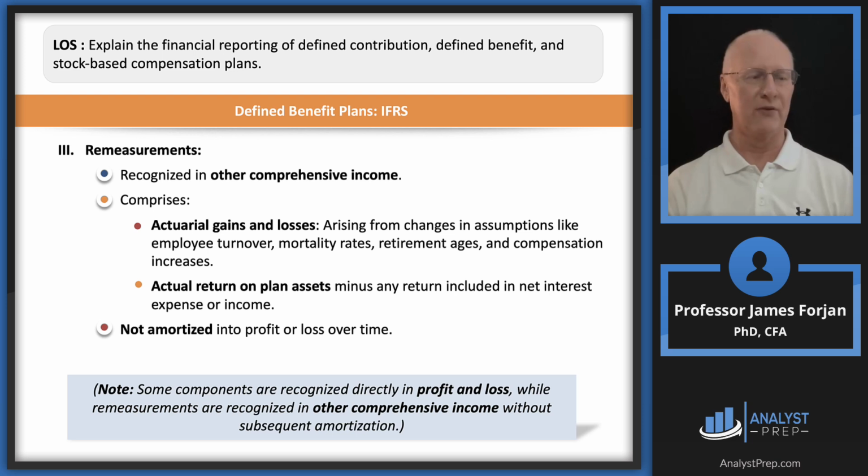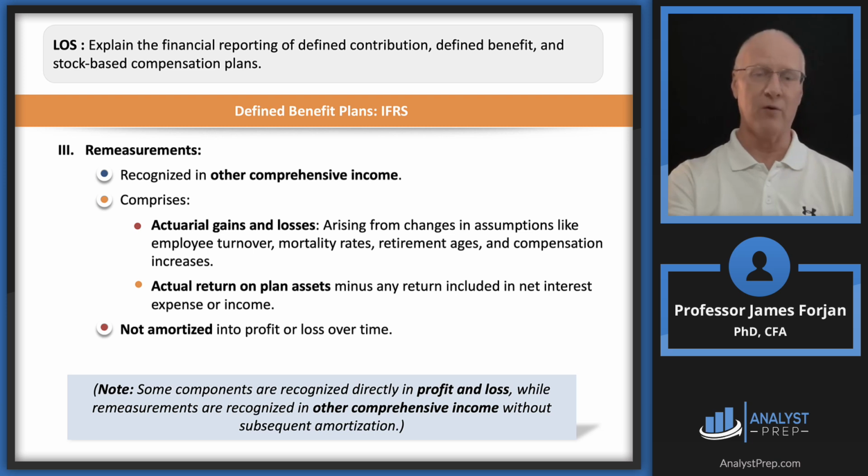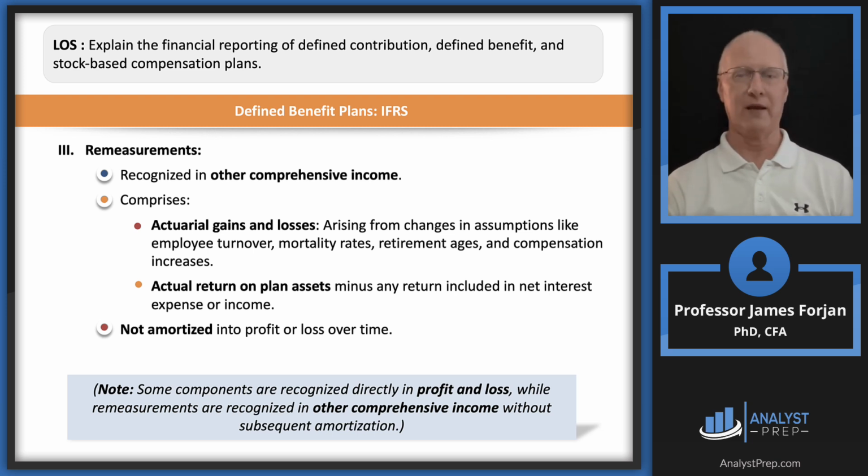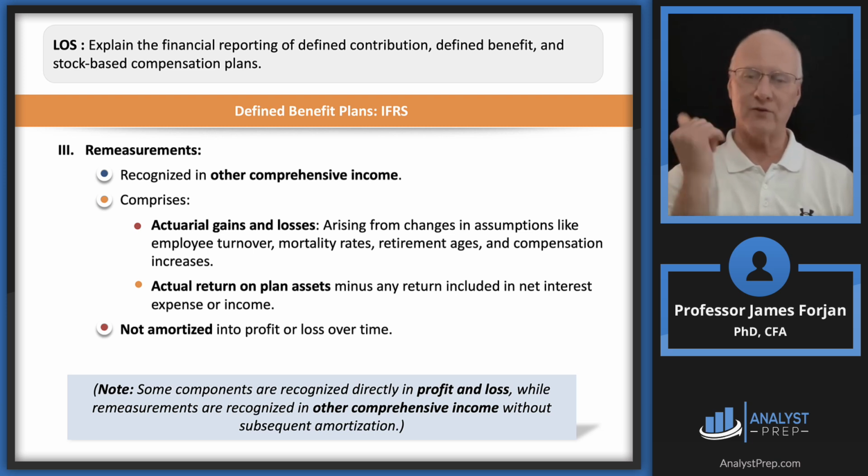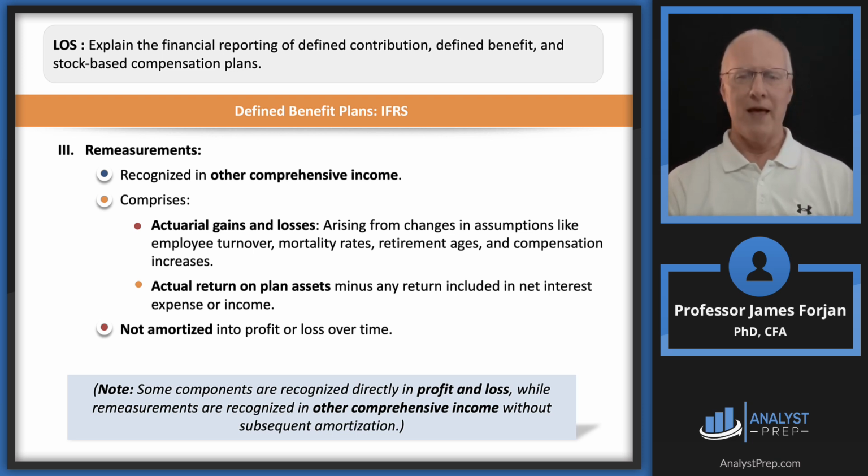I say this regularly to my students. They don't really get it. I'll say something like, hey, I'll see you guys on Monday, unless I croak over the weekend. Anything can happen. So you need to worry about mortality rates. That's why lots and lots of these firms have actuaries, so that as soon as something changes, the actuaries can get out their slide rule and figure out what the impact of those changes is going to be. And then actual return on plan assets, that's probably important. Notice that there's no amortization over time.